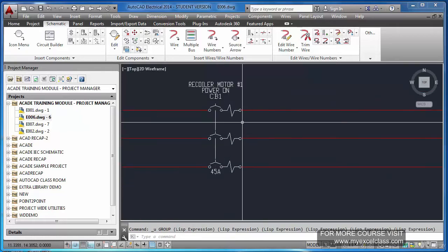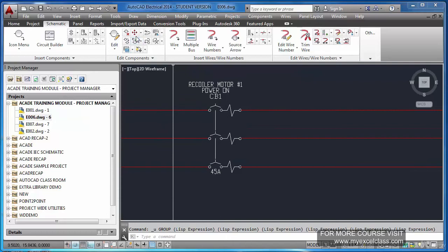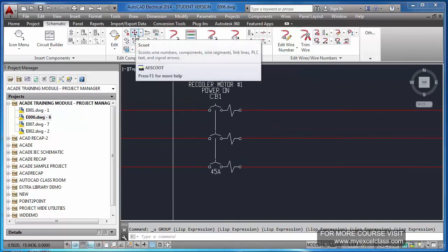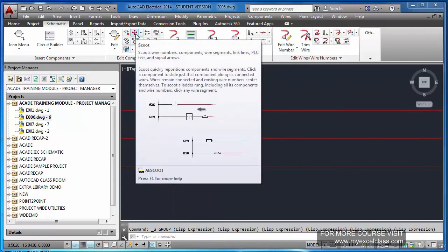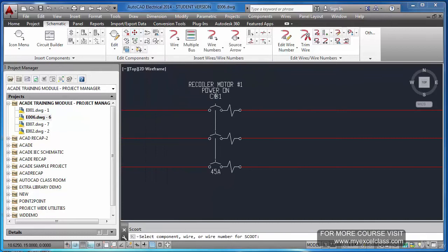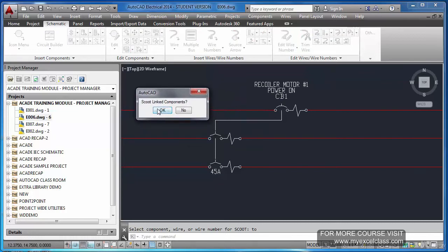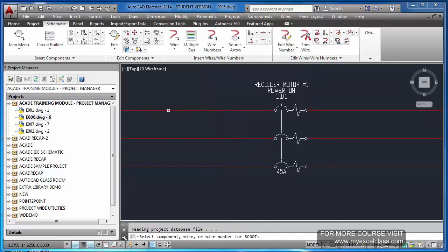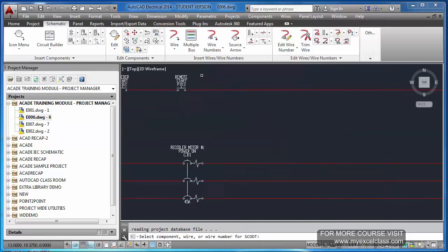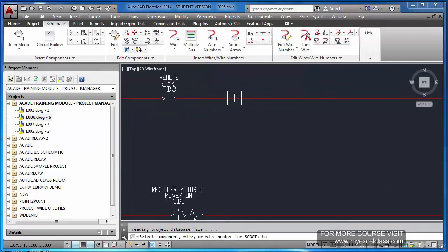Okay. If I want to move this, what I will use is the scoot command. Now you see what happened. I am moving it a little bit here. See, it is asking for scoot linked components. Okay, now you see, here again, if you scoot this thing, it doesn't have any dash or link line in between.